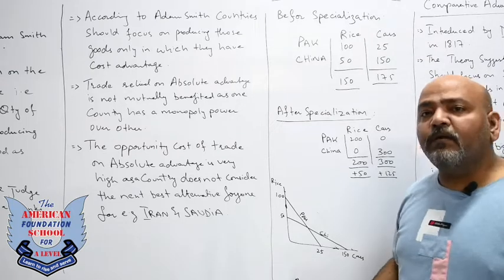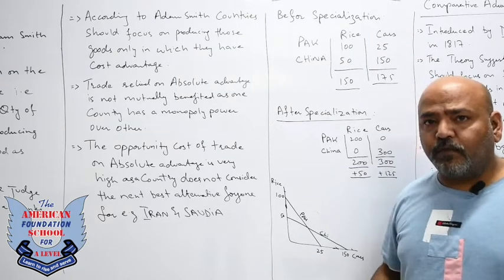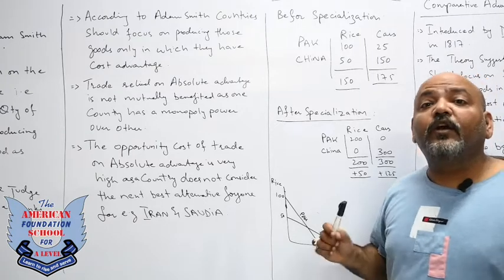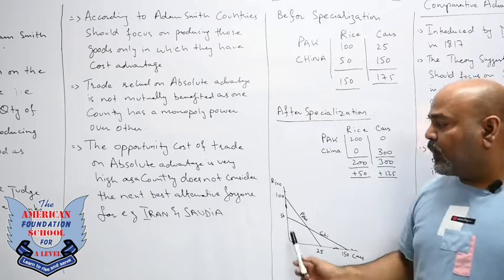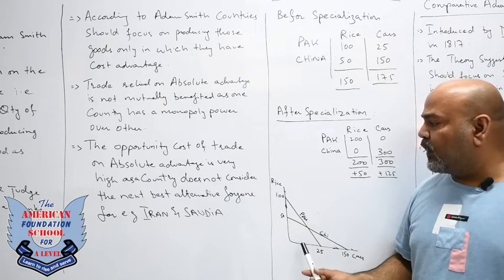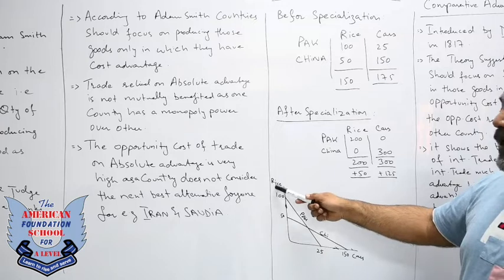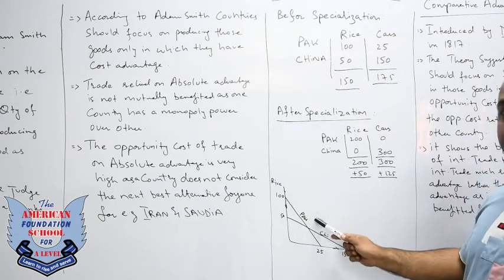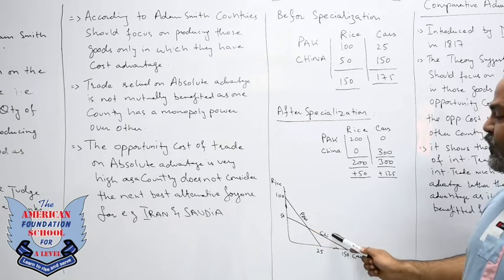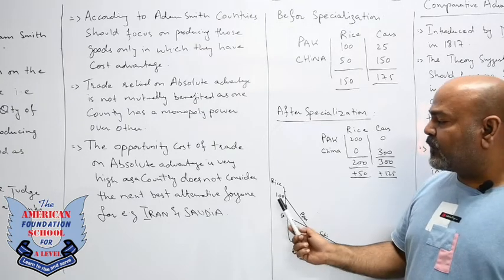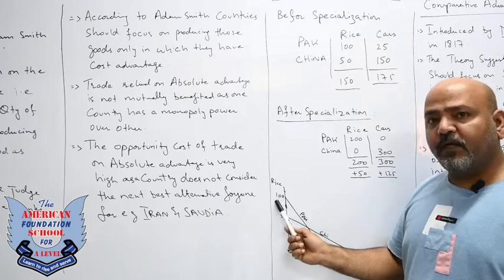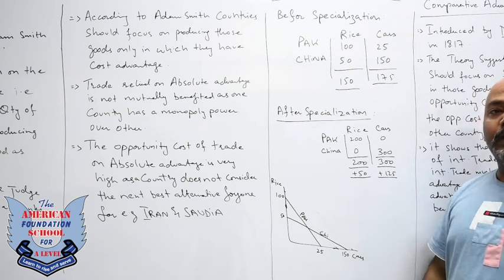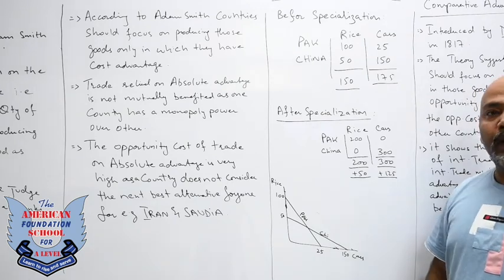However, with the help of the trading possibility curve, if you remember the production possibility curve, if we use these curves in international trade, we can say that these are trading possibility curves. So now look at this trading possibility curve, we can easily identify rice on the y-axis, cars on the x-axis. This line is Pakistan's output possibilities and this line is China's output possibilities. We can see that Pakistan has an absolute advantage over China in rice and China has an absolute advantage in cars. I think this is clear enough, and this is all about absolute advantage.